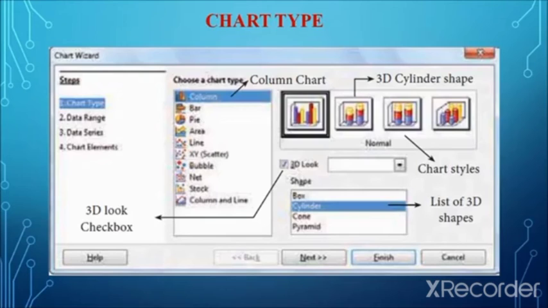This 3D look is only applied for the column chart, bar chart, pie chart, and area chart. For these 4 chart types only, the 3D look is applicable. After selecting the chart type and the 3D look, the user must click the next button, and it moves on to the next step.